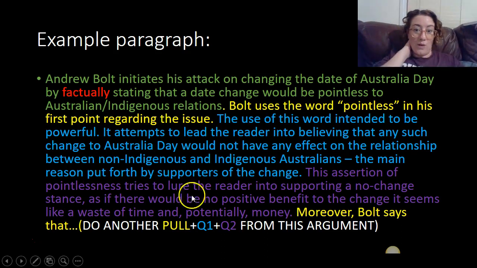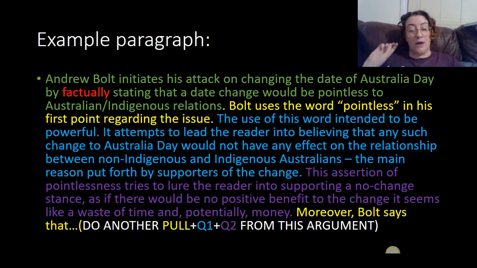Now, once you have done one persuasive pull, you then move into a second. Remember, you do 2 persuasive pulls per paragraph. I would suggest 2 to 3, depending on how much time you have and what kind of depth you're going into. So you might have 2 really great persuasive pulls and you've gone into heaps of depth. Great, move on. If you have done quite brief ones, quite simplistic ones, I would try and do 3 persuasive pulls per argument. But again, it's all up to timing, isn't it? And what you can